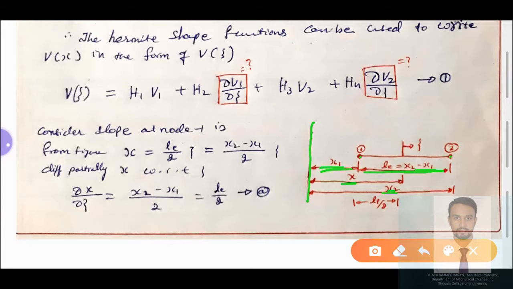Now x is converted in terms of zeta. The dimensional value is converted into a dimensionless quantity. So how will it be? Zeta is considered at the midpoint. From the midpoint, towards the right direction it is positive, and towards the left direction it is negative. Then it is a dimensionless quantity of the assumed value for the beam element, and the element becomes a dimensionless element. To convert that global value into a natural dimensionless value, x is equal to what? (x2 minus x1) divided by 2, into zeta.